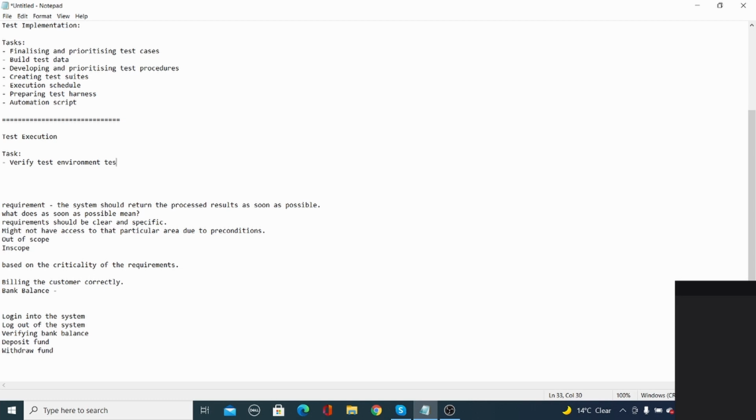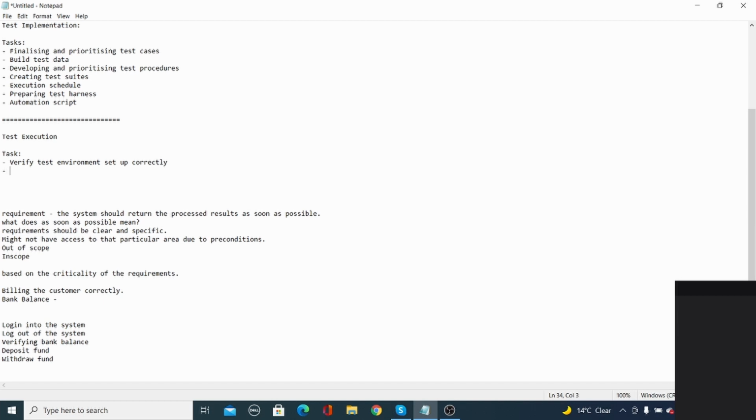In the previous phase, you have set up the environment: the firmware version, the database type, the database requirements. Based on that, the environment was set up. Now we are verifying it is correct. How do you verify it? You simply execute the simplest or easiest test case, and if it works, then you say that the environment is set up correctly.